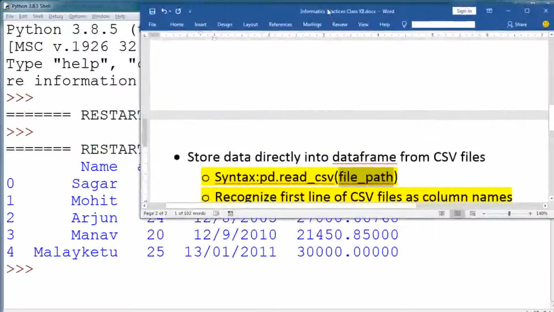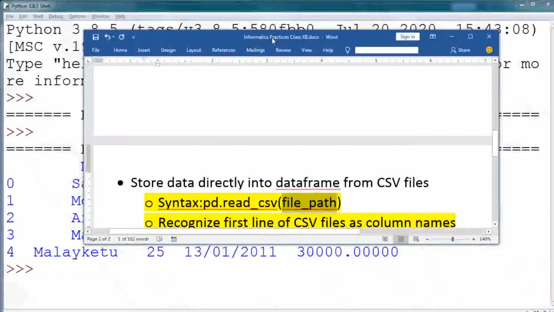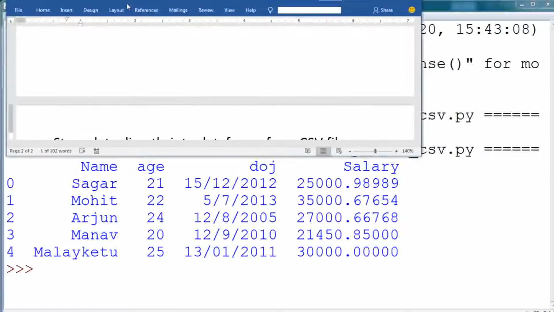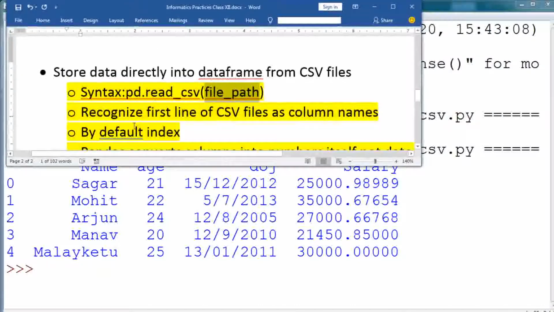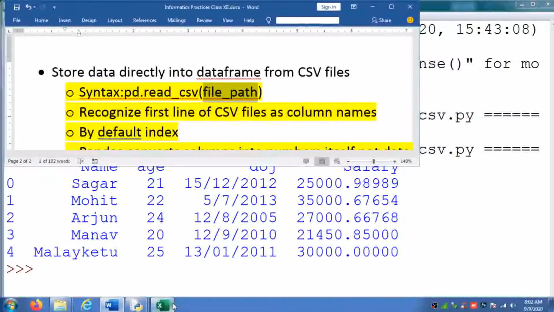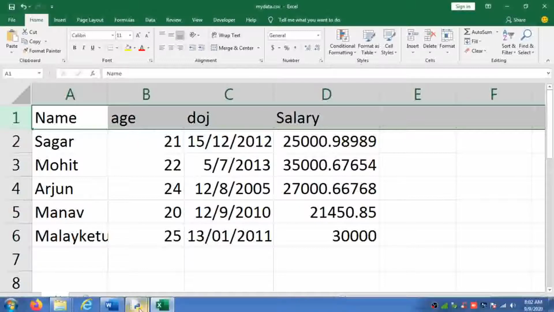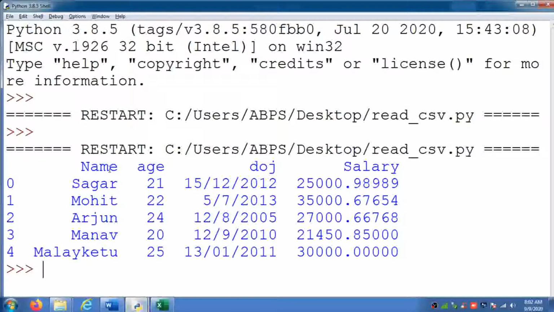First, let me manage it properly so we can compare both. When you store this type of data into a data frame, it recognizes the first line of the CSV file as column names. You can see in the CSV, this is the first line, and it is stored as column headers, as you can see in the output.